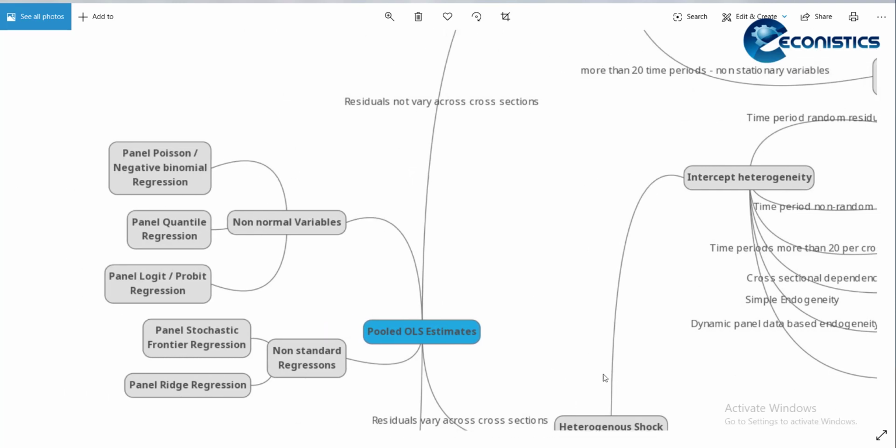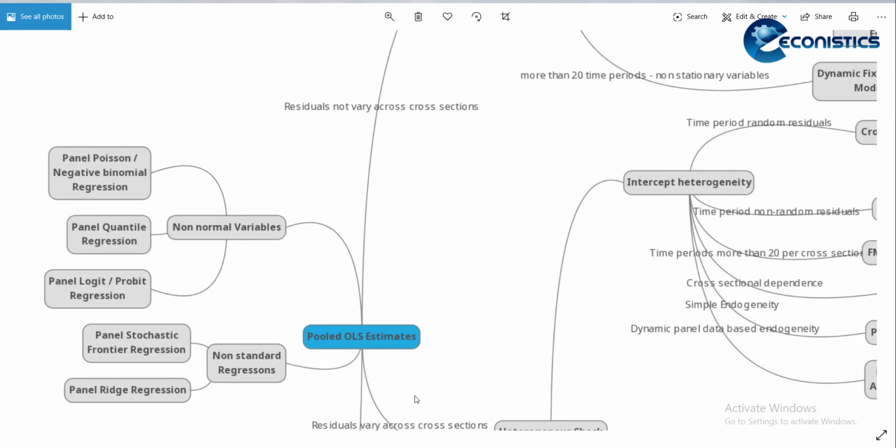And next, there are some other models that can be used in panel data. So if you generate OLS and your residuals are not normal, it may be because your dependent variable is Poisson distributed, or it's a discrete variable. Then you will use panel Poisson or negative binomial regression. You have to select between the two, and for that there is a test.